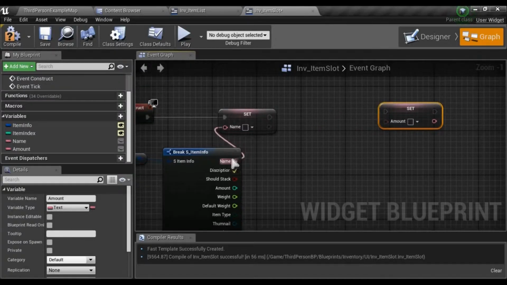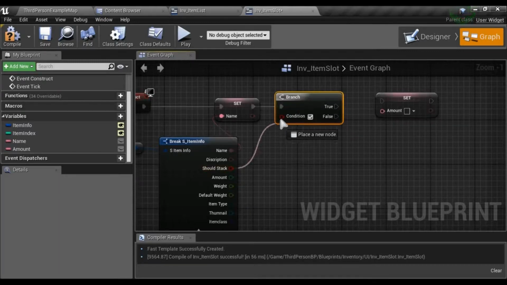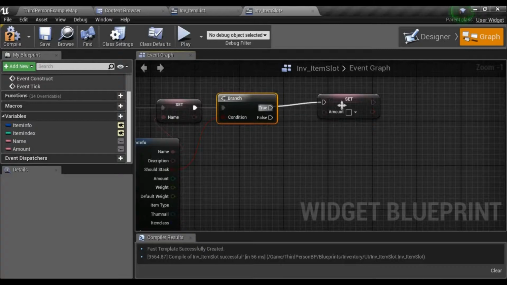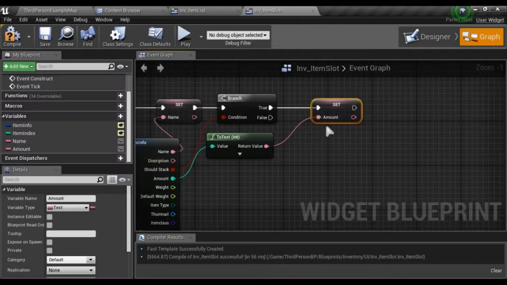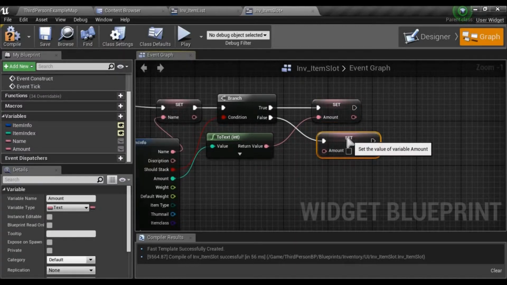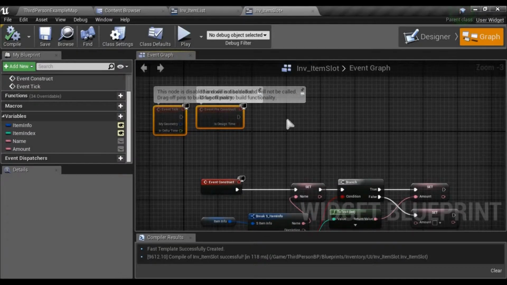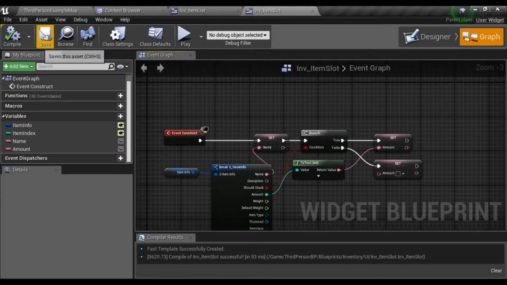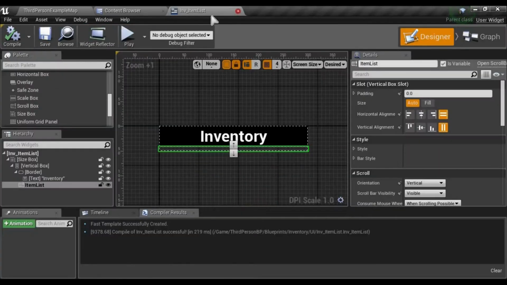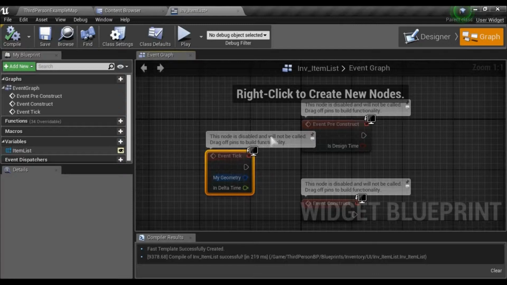Now what I like to do with the amount is I would check if its should stack is enabled. If it is enabled, then have some text, and if it's not enabled, then it's going to be plain. It's not going to have anything. That way we will actually know if our item can be stacked or not. So now these are done here. Close this one for now, and inside our item list,